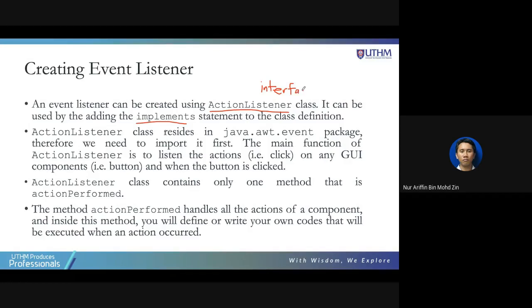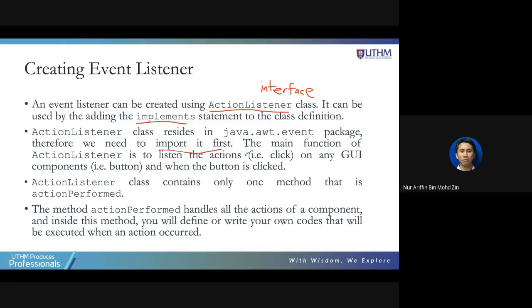So that's why when we want to inherit or use this particular class, we use implements, because this is a class, but it is a type of interface class. It's not a pure class. ActionListener resides in the java.awt.event package. Therefore, we need to import it first. So in your program, on the top, you need to write import java.awt.event;